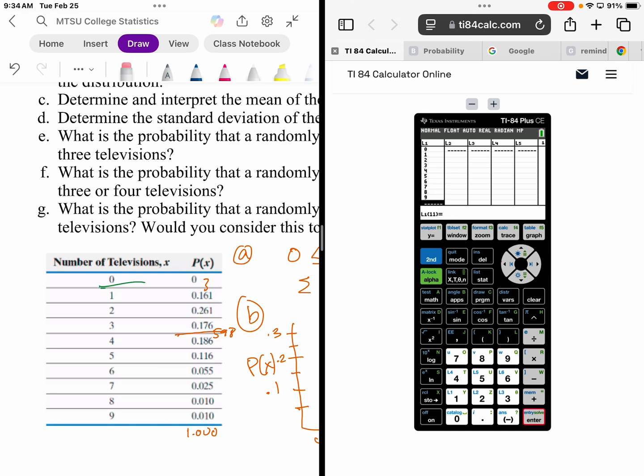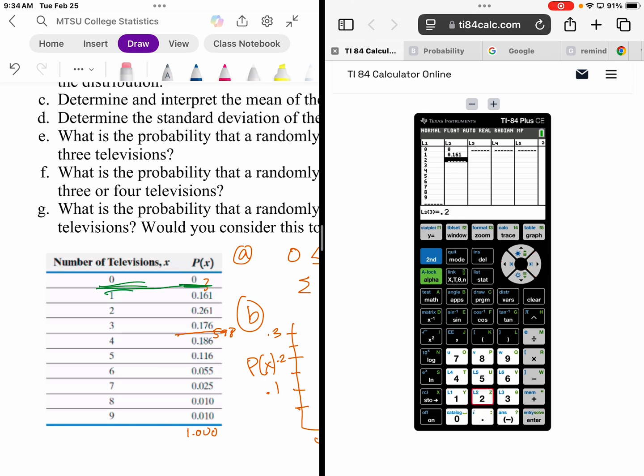We still have to show that x value of 0. If one of the x variables has a 0, we still include it because that takes effect mainly in the standard deviation aspect. It may not add much to the mean calculation, but in the standard deviation it does have an impact. So we have to indicate, even if the probability of something is 0, we have to include it in our table. So on the next one, we get to put 0,